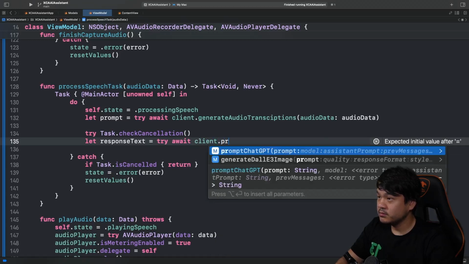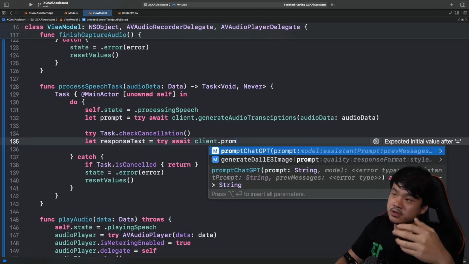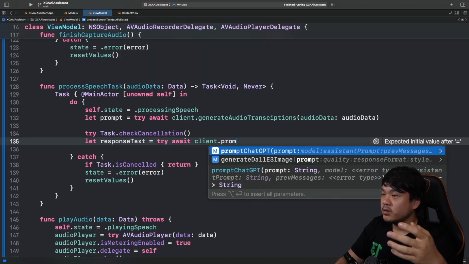client from ChatGPT. So if you see, there are several parameters such as model, assistant prompt, and previous message. But for us, we're going to just pass the text prompt, and then for the model, we're going to use the default model. It's going to be GPT-4. Assistant prompt is going to be you are a helpful assistant, and we're not going to pass the array of previous message. But if you want, you can, right?